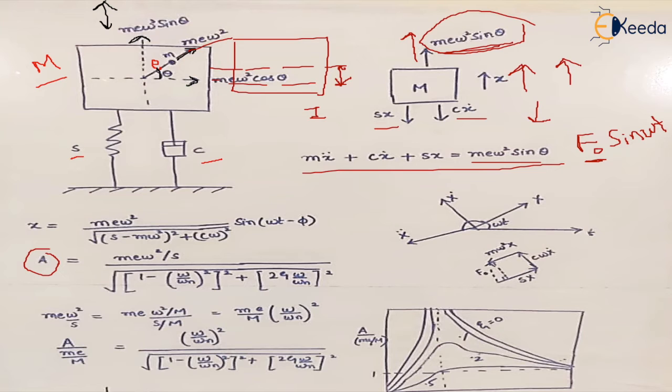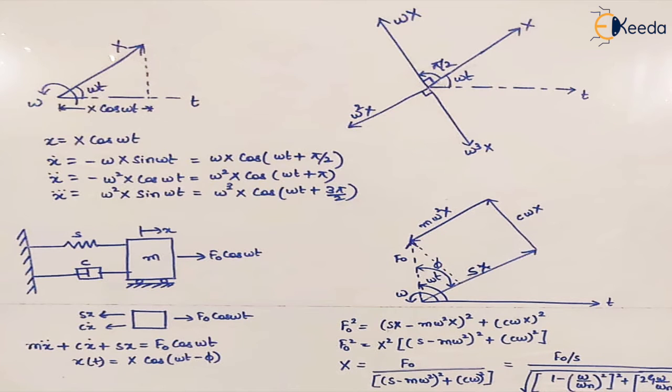So instead of F naught, the force that will be applied will be m e omega square. So we'll do a simple analysis to just understand how to find the value of the amplitude, right? So let's assume a lumped parameter system with mass m attached to a spring of spring constant s and a damper, right? And this is the direction of displacement of this mass,